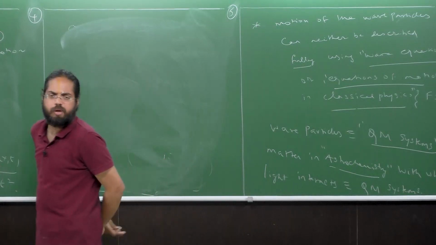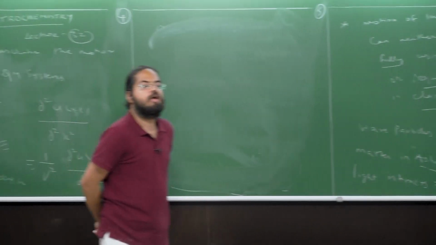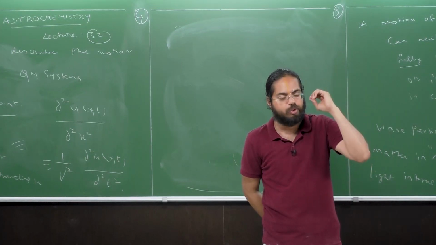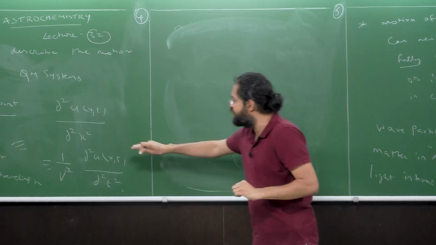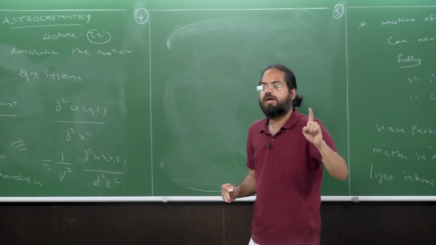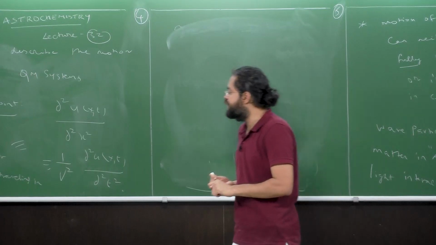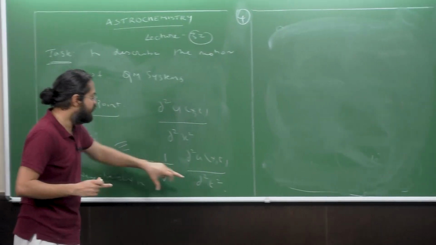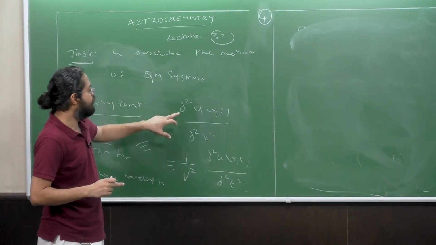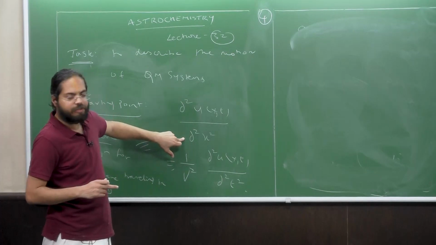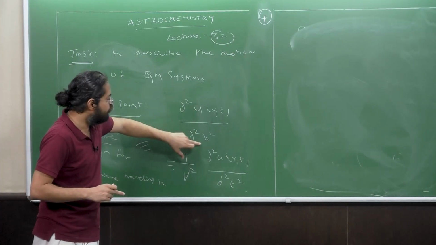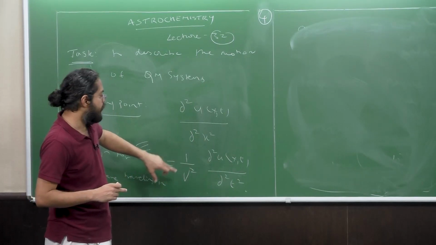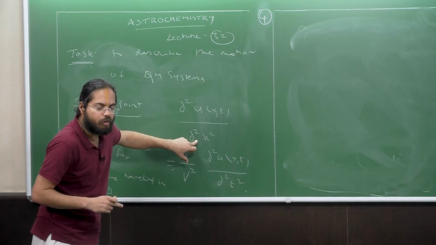Now, every time I give you an equation, what is the first thing to do? As good physical chemistry or chemical physics or astrochemistry students, the very first task, once I've given you an equation, is to check its units and dimensions, whether the units and dimensions on the LHS and the RHS are going to match or not. Okay, in this case, what is the denominator here? It's dou square of x square, right? So this is going to be of what magnitude?